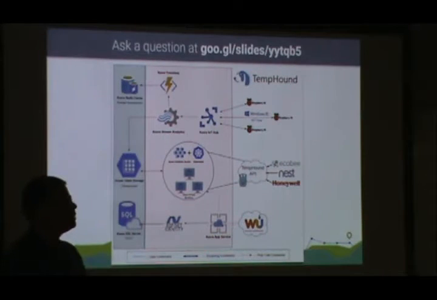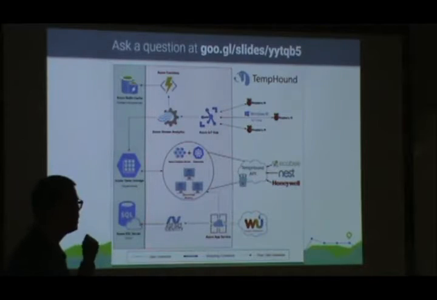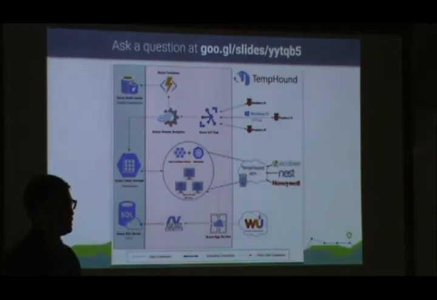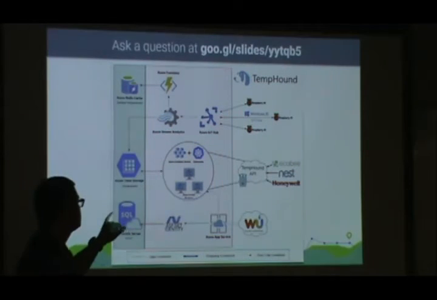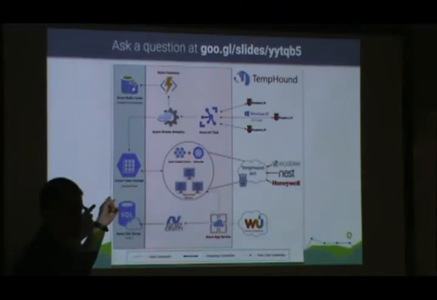And from IoT Hub, we're basically taking that data and sending it over to Azure Stream Analytics. What this is doing is gathering the data and sending it wherever we need to send it. So for instance, the Raspberry Pis, we're collecting data every single minute, but we're not storing it every single minute. What we're doing is every 15 minutes, we're sending data to an Azure Table Storage, which is a NoSQL service